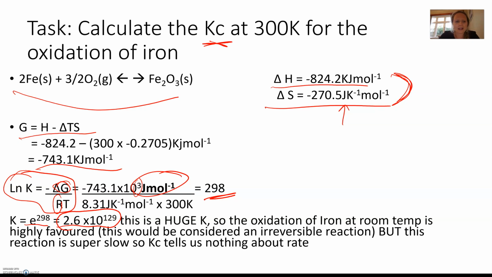So that's really cool. That confirms a couple of things. We've got a large negative G, which we know means spontaneous. We've got a large Kc, which we know favours the product. So this is all linking in nicely. But the problem here is it doesn't tell us anything about rate. Like this reaction, yep, it's spontaneous, but actually it happens super slowly, and this tells us